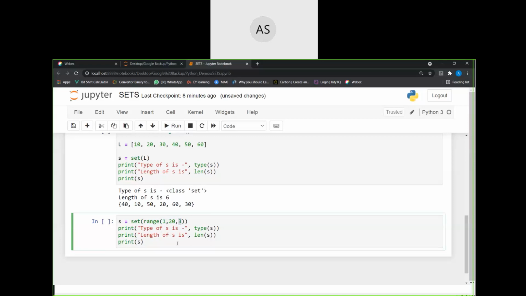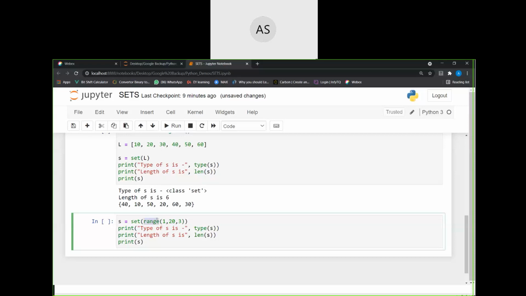Here, what is it going to do? I am saying range of 1, 20 and the step value I am giving as 3. So first it is going to take 1. Now what is the second value going to be? 1 plus 3, so 4. Then the third value, 4 plus 3, 7. And so on. The values will go till 19. So always remember, whatever the ending number you are going to give, that number minus 1. So it is going to stop one number before that end itself.